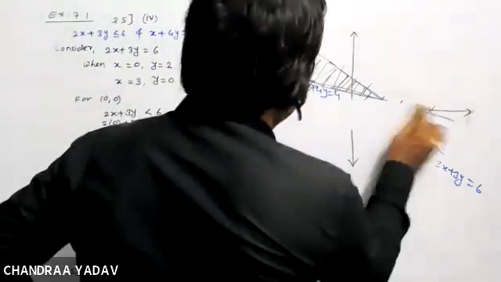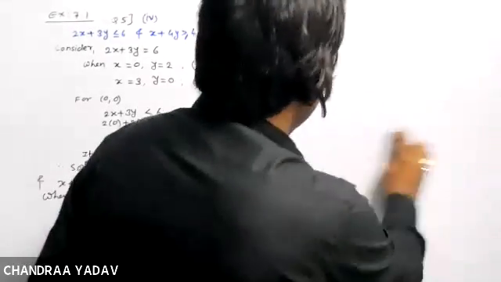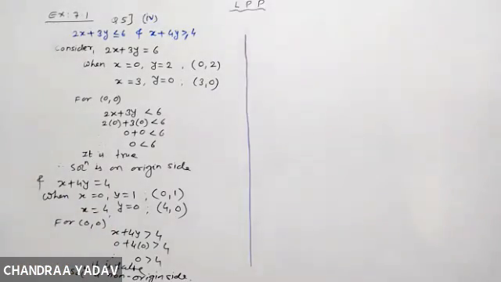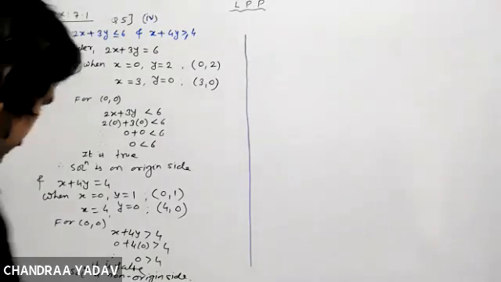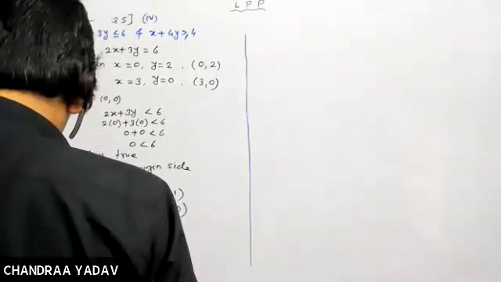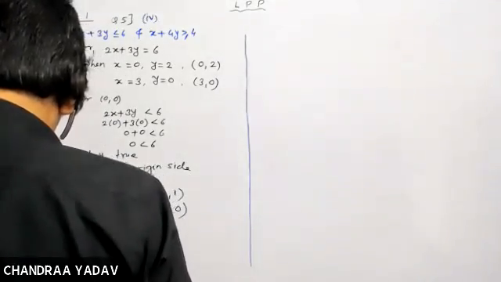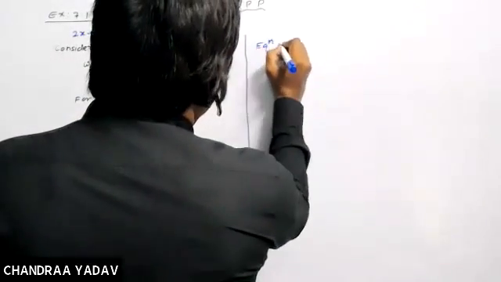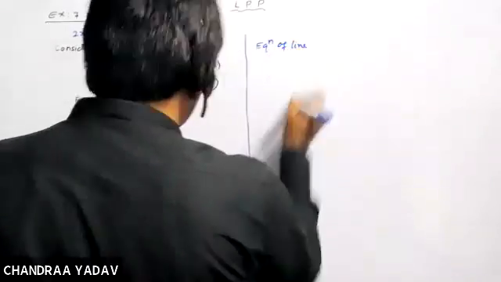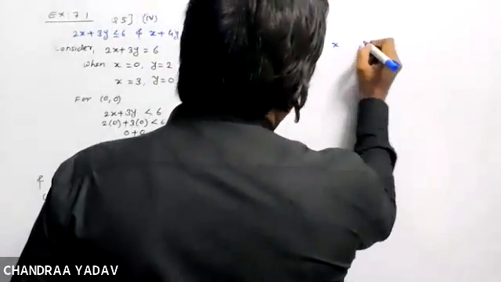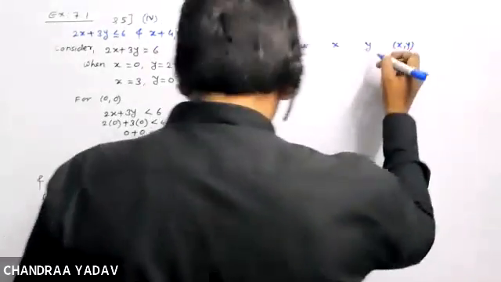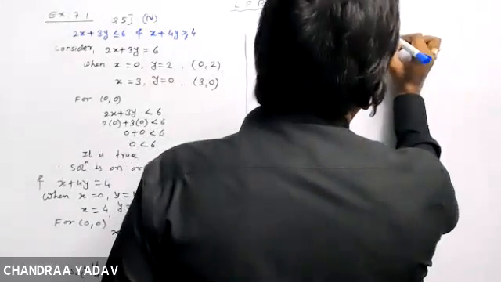Now, same presentation. If some of you don't want to write in this way, you can write in this way also. You can draw the graph. We will write here equation of line. Then the other column is x, then y, then x comma y, that is nothing but the line passes through the point.